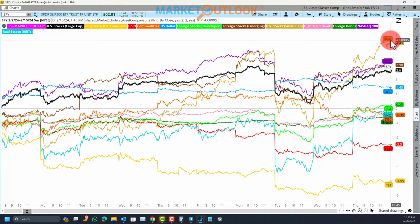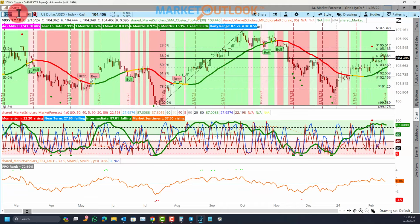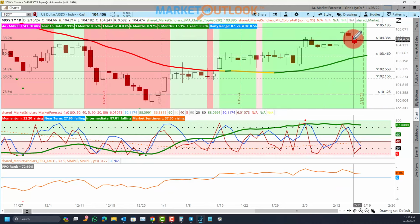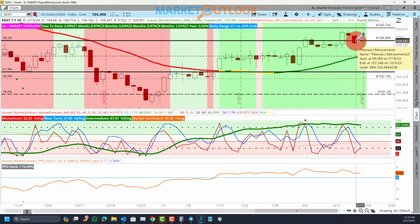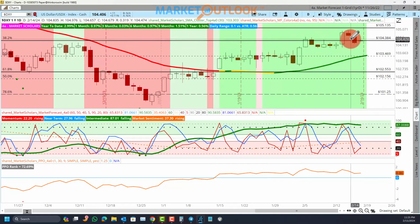Despite that move, IWM and the Qs are really strong. So if you take a look at some of these moves higher, especially like the dollar, you can see it's on a near-term pullback as we speak. The near-term line the last couple of days has really come down. But again, there's the jobs report, and you can see we're still well off those